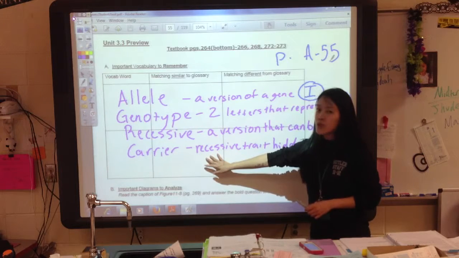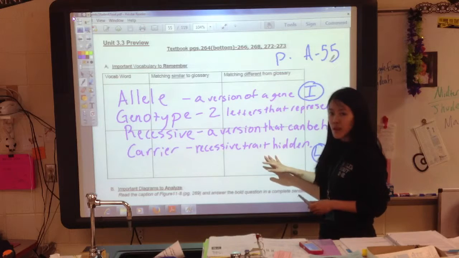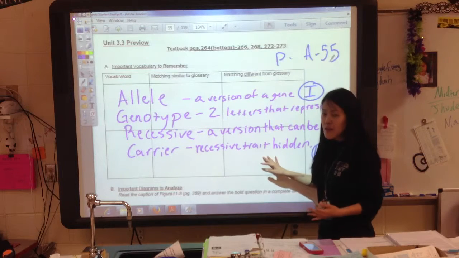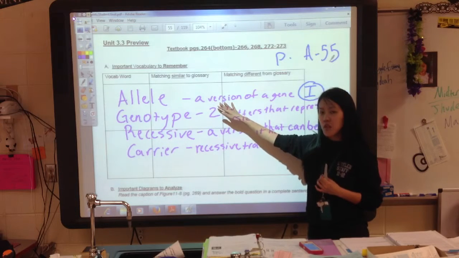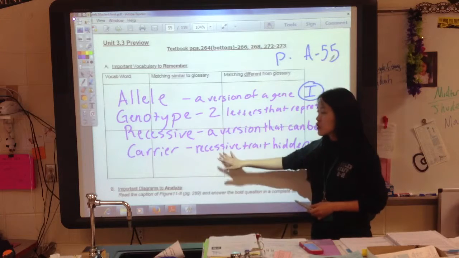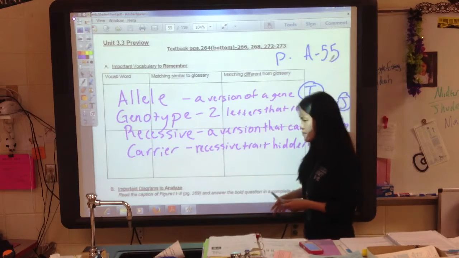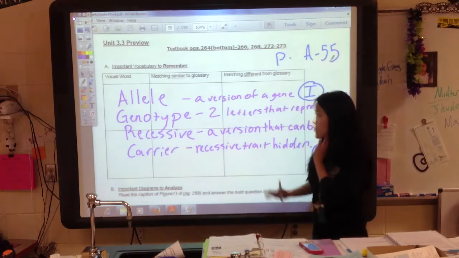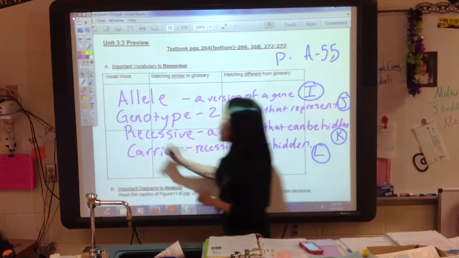And then we have the word carrier. Carrier is going to be a recessive trait that can actually be hidden. That means you have the gene, or you have the allele of the gene. You don't display this, but you can pass it on. Usually people that are carriers are going to be known as heterozygous. So a couple things here before you continue with this, and I do want you to make some notes on your vocab. When you talk about an